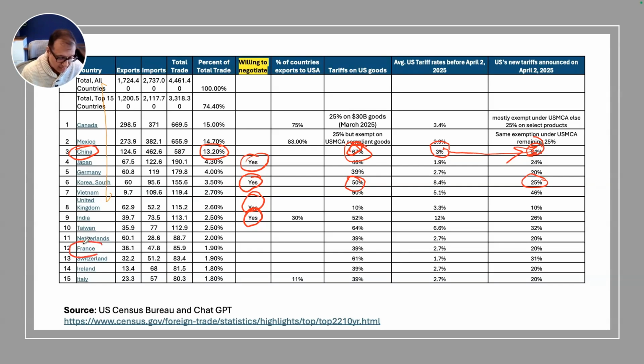France is also a country I think that's going to say that we're going to impose some tariffs on you. So we're going to have to wait and see how the market ultimately ends up absorbing this information. We don't have all that at this time because these tariffs are that hot and that new. They just came out, obviously yesterday at 4:00, these were announced. Now, between Canada and Mexico, here's something very interesting. The US was imposing a 3.4% tax on average on Canada.